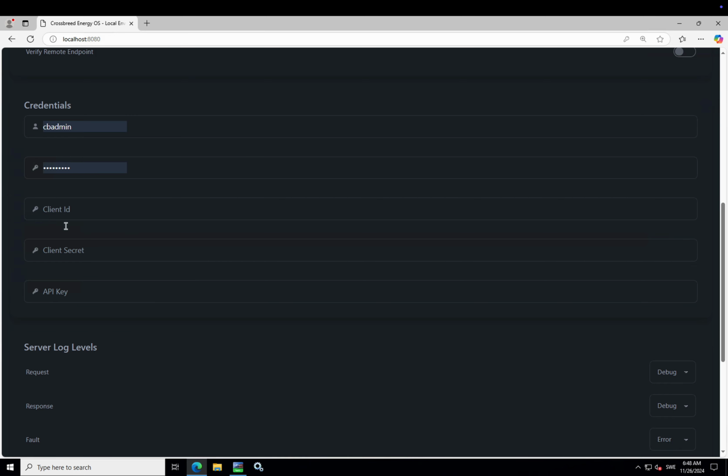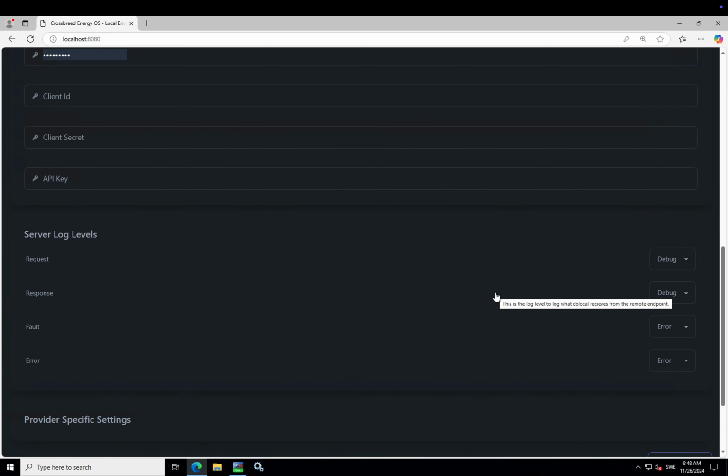These are stored. If the username and password is empty, then these are not stored as well. But you need to enter a username and password to log into this UI. Keep these as default. So what this states is that it will